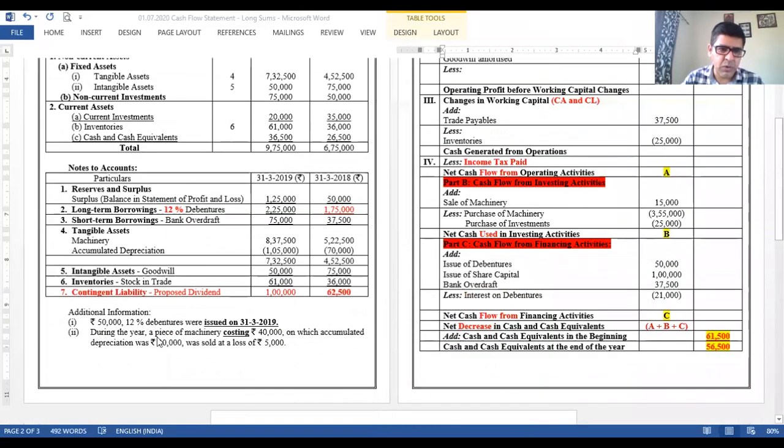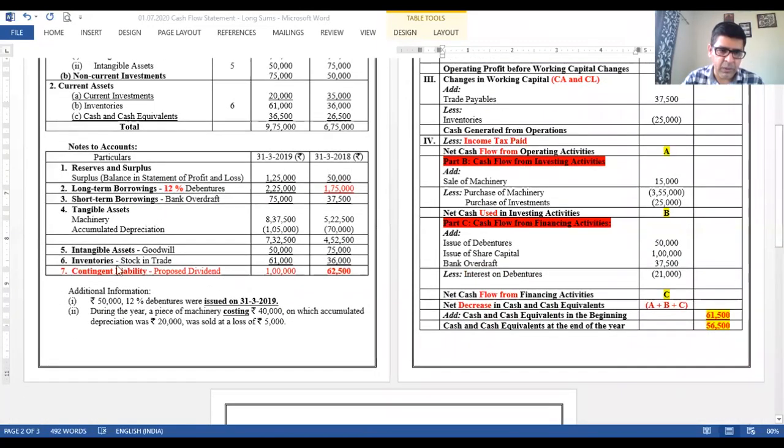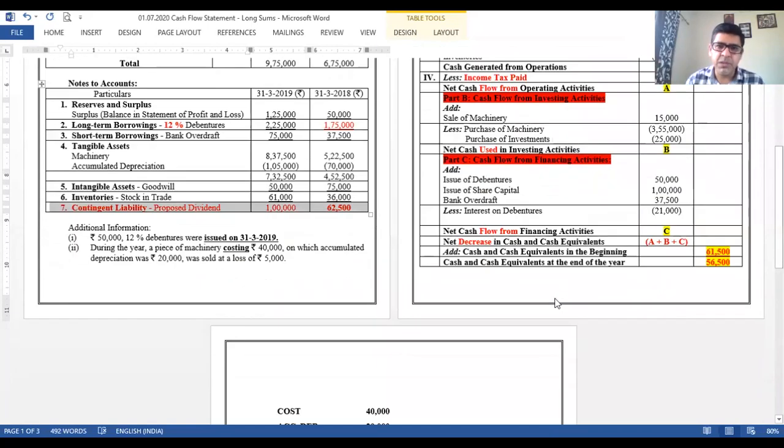After the balance sheet, notes to accounts, you can see that I have already marked with red over here. So this is contingent liability for proposed dividend. What we have to remember over here is proposed dividend. If you remember when we were discussing the theory part also, I told you we have to take the opening balance, because that is a dividend that is going to be declared and paid after discussing all those things in the annual general meeting. So this is 62,500, the amount for which we have to give the treatment.